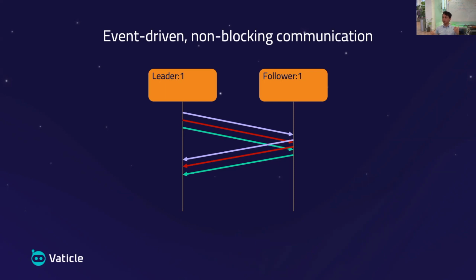We've taken a look at whether we want to implement that using the brute force thread model or different kinds of other concurrency means, and we come up with the idea that event-driven and non-blocking communication is best expressed as the actor model. So here in this diagram, you'll see that we have the leader replicator, which is implemented as an actor, and the follower replicator, which is also implemented as an actor.